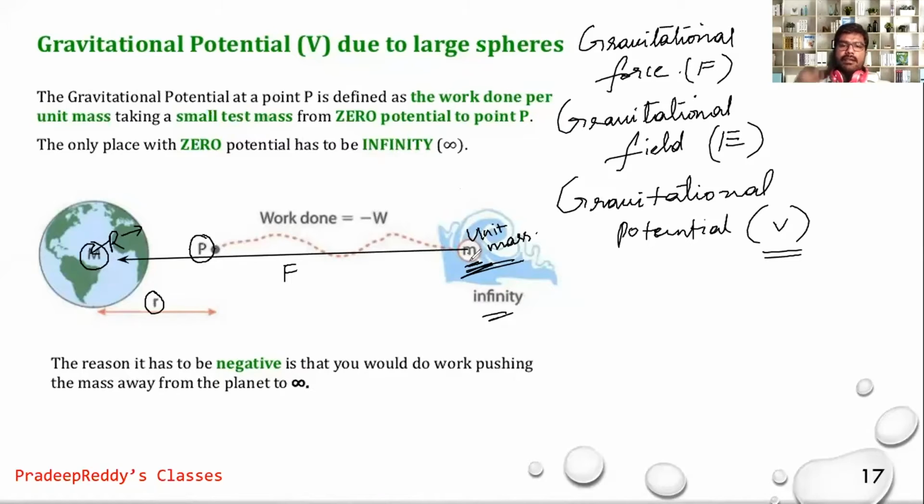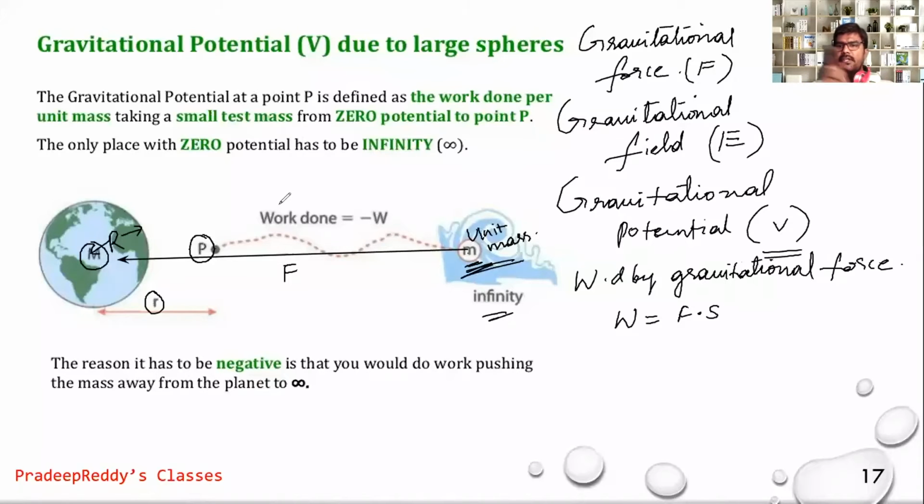So here, in order to move that mass from infinite position towards the center, gravitational force is doing some work. Now I want to calculate that work done by gravitational force. Work done by gravitational force is equal to F dot S. S is displacement. But what is happening to the separation between point mass and earth mass?